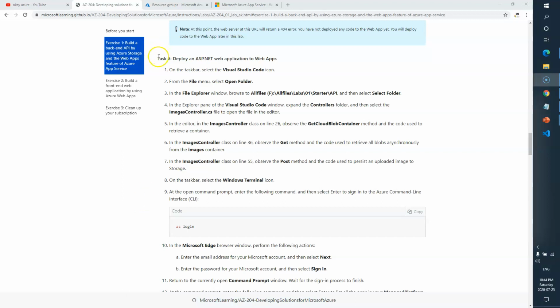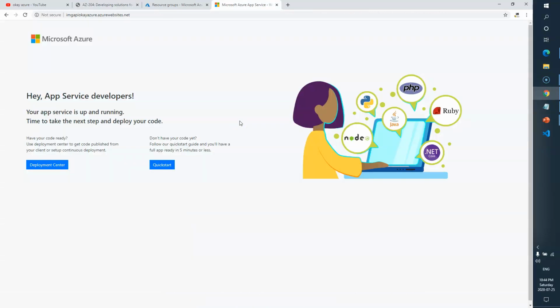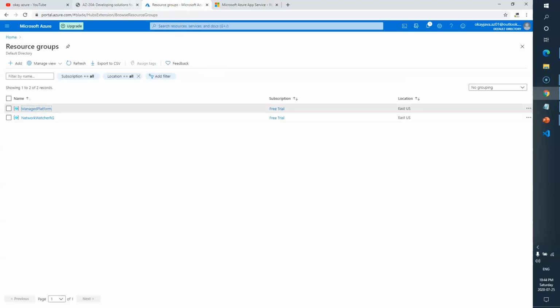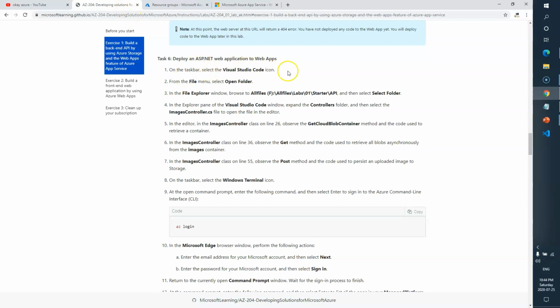Alright, let's complete the task 6. It says deploy an ASP.NET web application to web apps. So in the last video, we created our backend API. Now we are going to deploy an ASP.NET application. Okay. So for that, we need to go to File menu, open folders, and then in the File Explorer window,